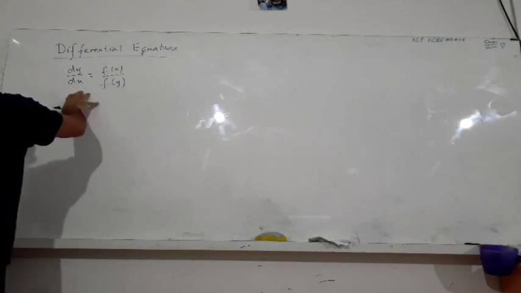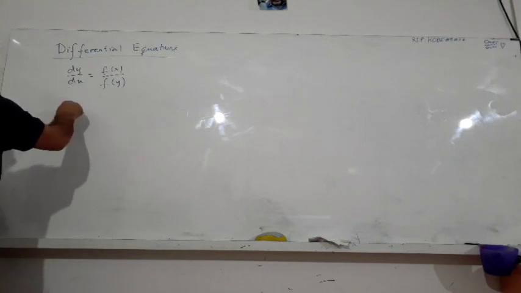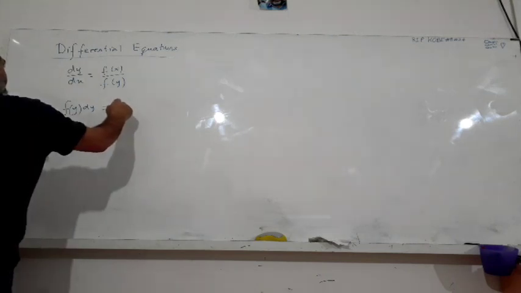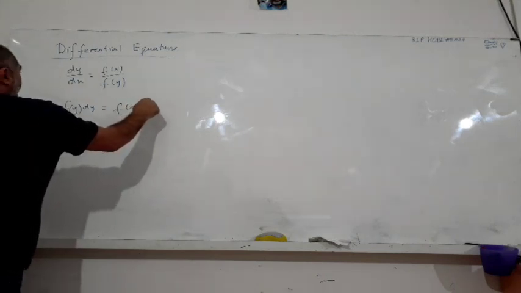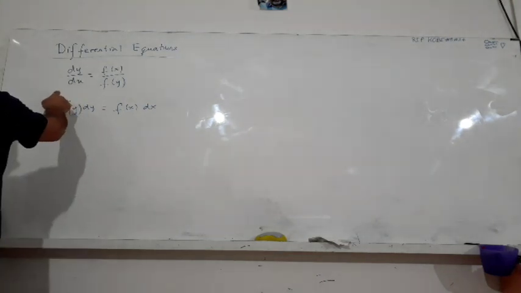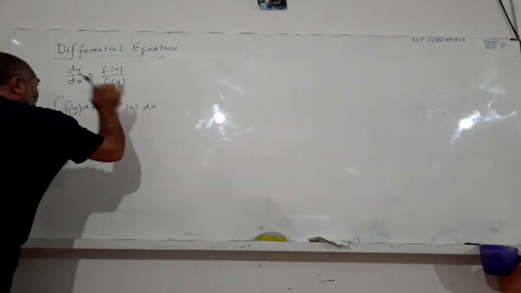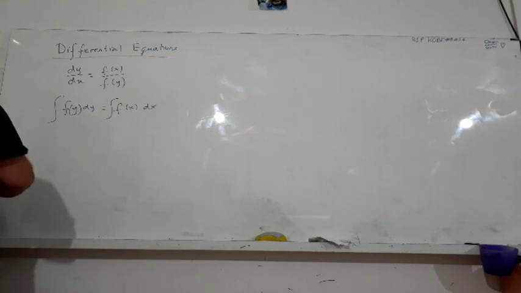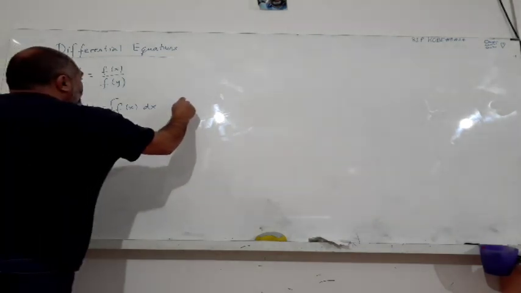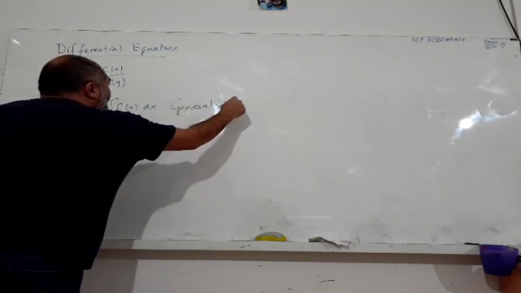Say that f(y) dy is on the left hand side and f(x) dx on the right hand side, and it is easy to do the integration to get rid of the differentiation signs, and this is called the general solution. Why? Because at the end we are going to have a plus c, which is the integration